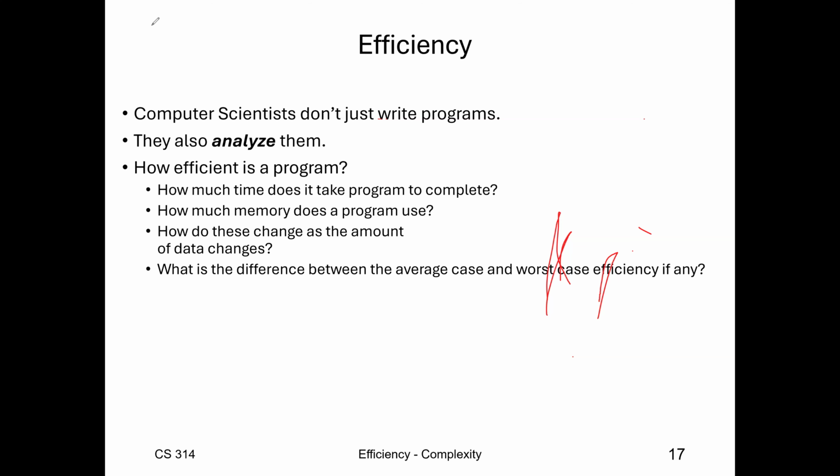And then the third one is we want to understand how the amount of time and the amount of memory needed will change as the amount of data it is processing also changes. We said for some algorithms, the amount of time and memory needed will increase quickly. For others, it will increase slowly. We want to know that. So let's move on